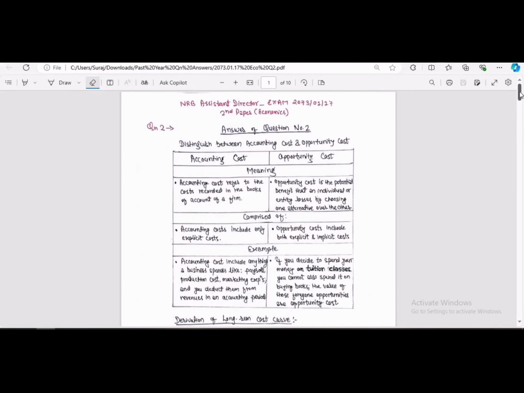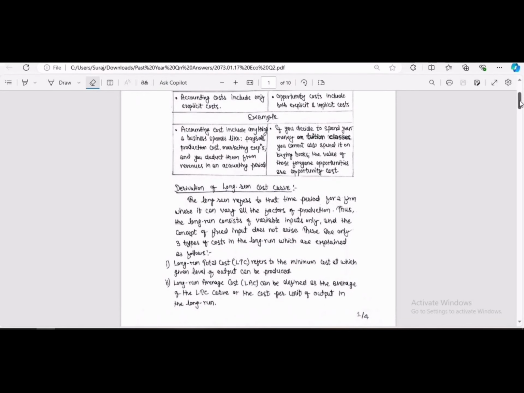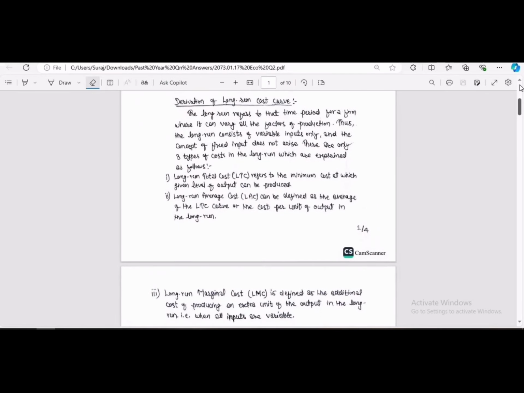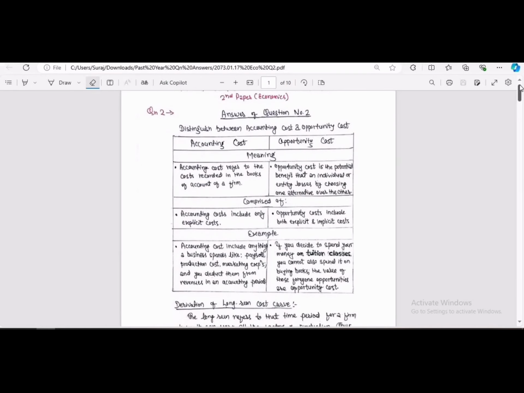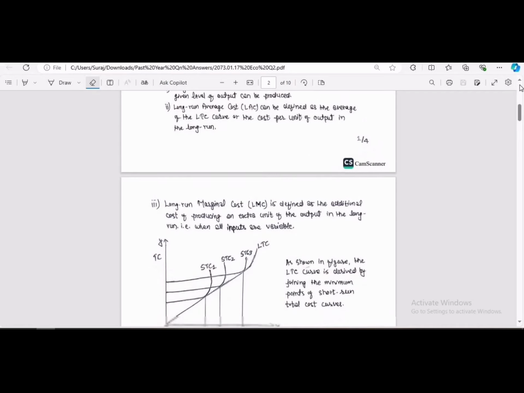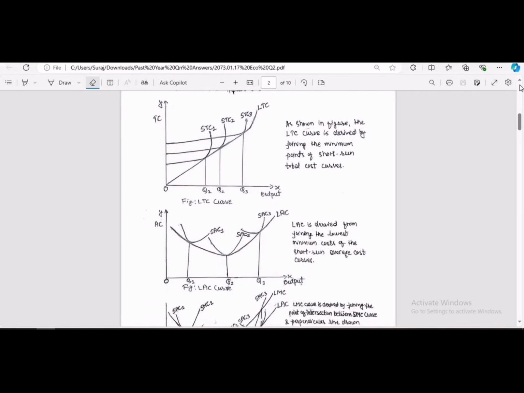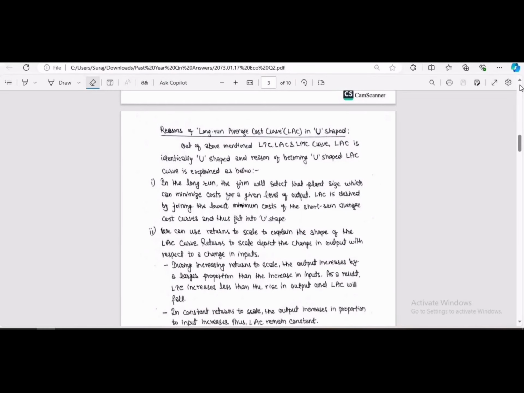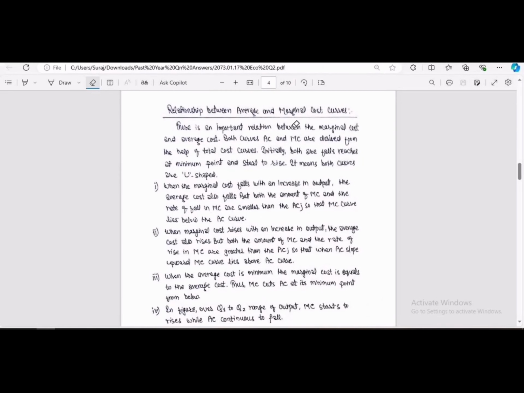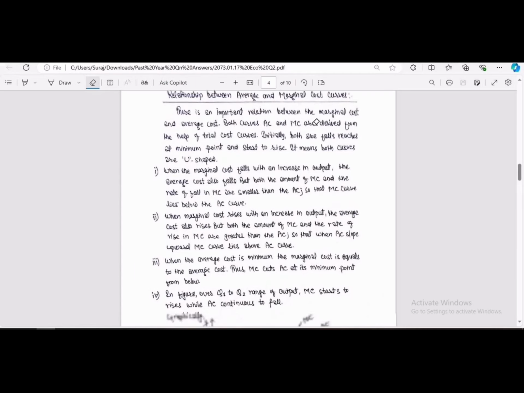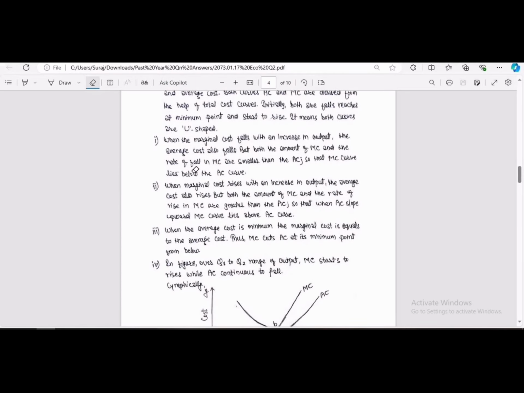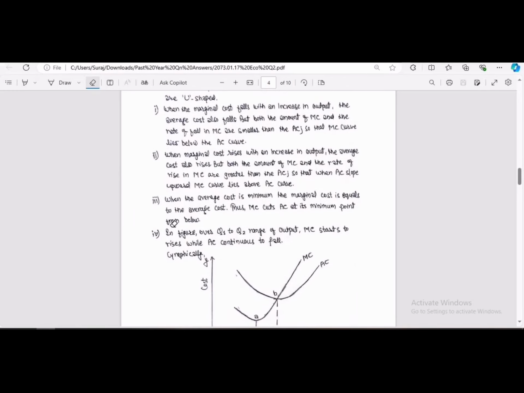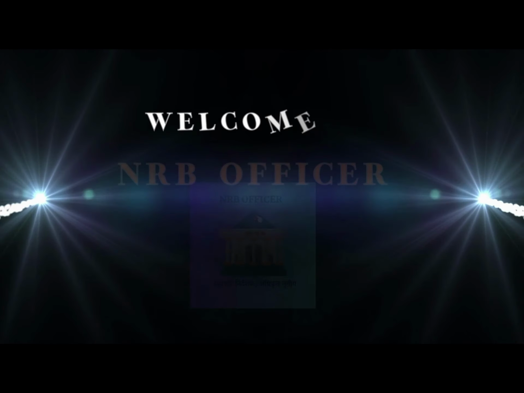Secondly, we derive the long run cost curve. First one is the long run total cost curve, second one is the long run average cost curve, and third one is the long run marginal cost curve. The reason behind the U-shaped LAC curve, the relationship between average and marginal cost curve, and these 3 points are about